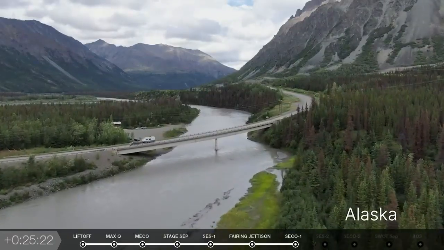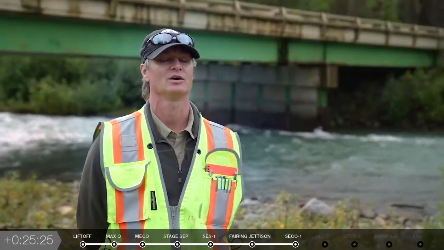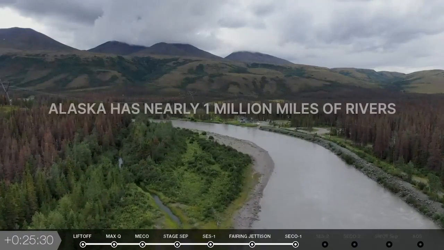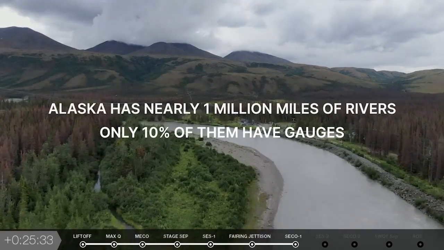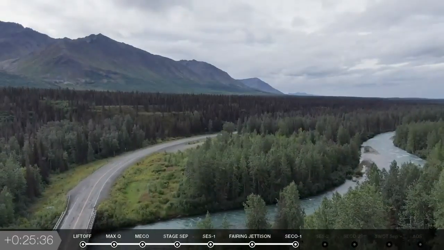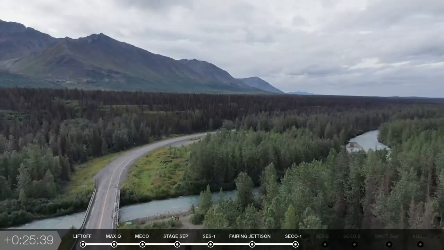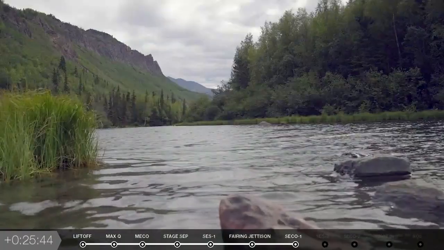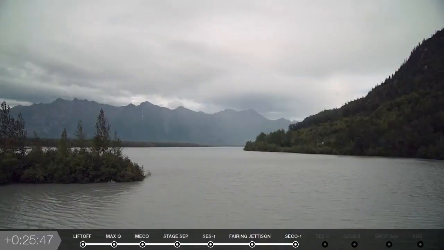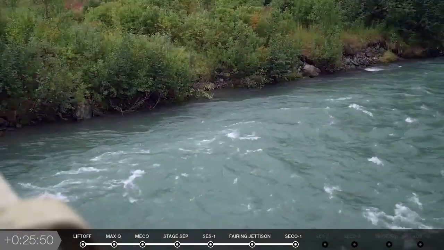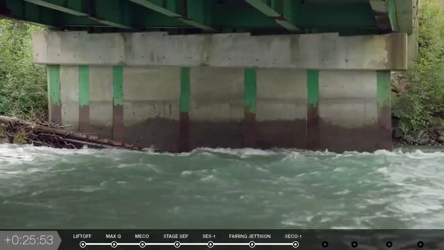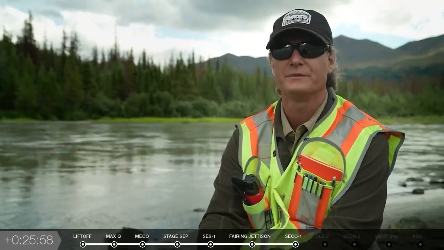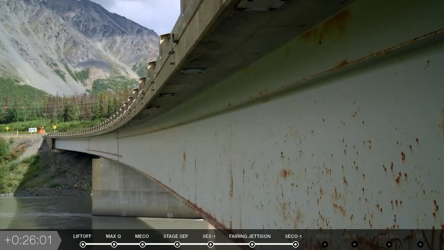For us in Alaska, we have many, many rivers, and only a few of them are measured, or as we say, gauged. If we have data on when flooding is occurring or might occur, we can get crews out there to look at the bridge to make sure that the bridge and the associated roadway are still safe. If we can start collecting data on all rivers above a certain size remotely from satellites, it really opens up the amount of rivers that we can help understand what happens when they flood or how they flood. And that really improves our ability to manage our infrastructure and to design